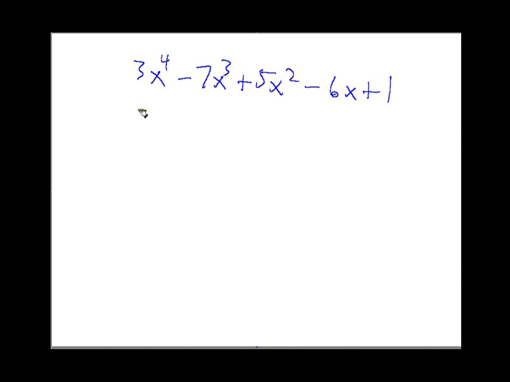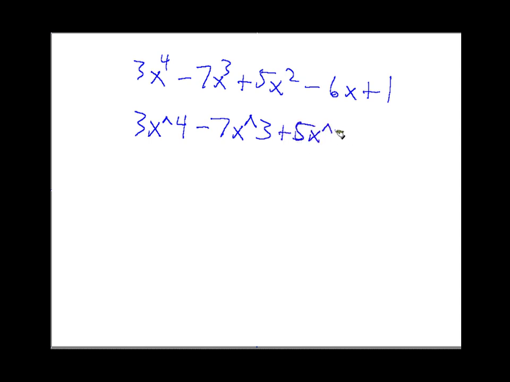Well, here's how you actually put it in. You put in 3x, and you use this key right here, under the number 6 button on your keyboard. This is the power key. So 3x to the 4, that's how you enter that. And then minus 7x, again the power key, to the third. You hit shift and the number 6 to get this feature. And then plus 5x